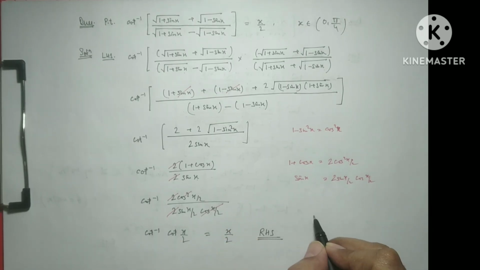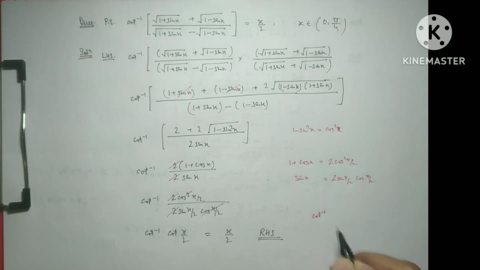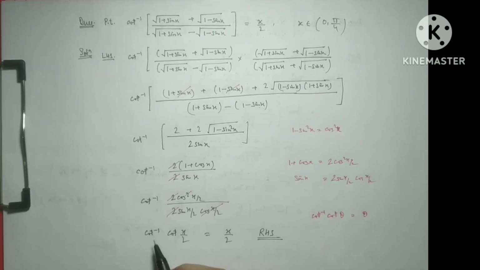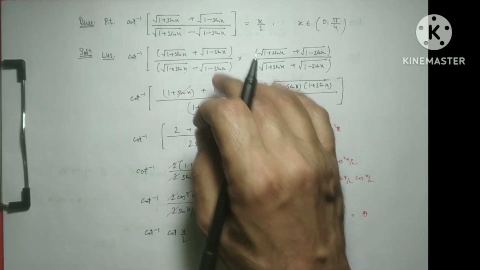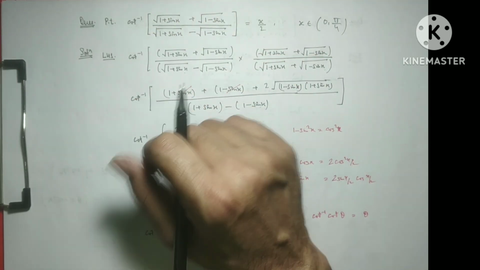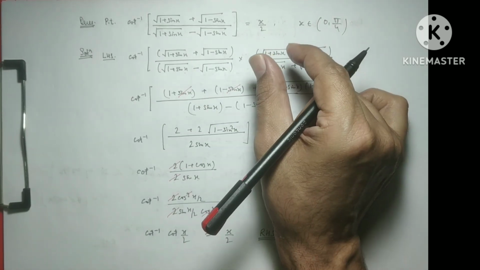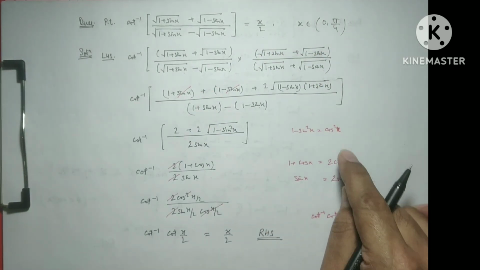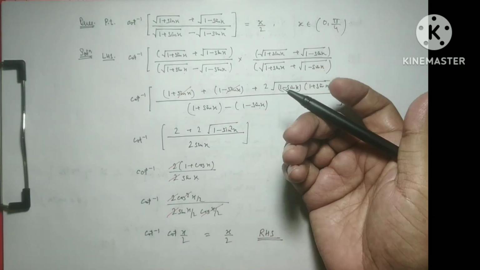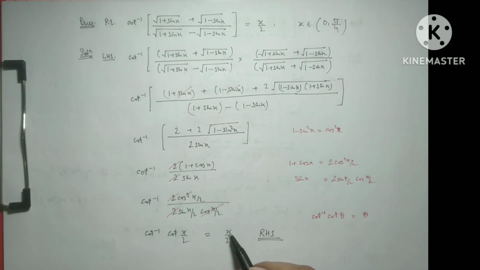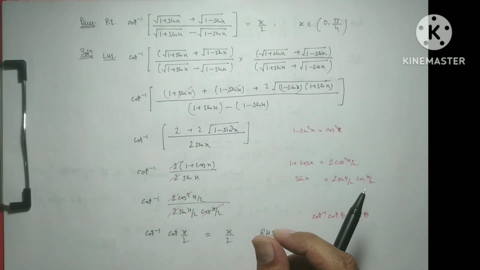Right now we have the theorem: cot inverse of cot of an angle is that angle. So these will be neutralized, and as a result we have x by 2. So you can see easily, this is a large expression but the answer is very small. So when you use these basic trigonometric formulae, basic tools, finally you can easily simplify this into a very small expression.